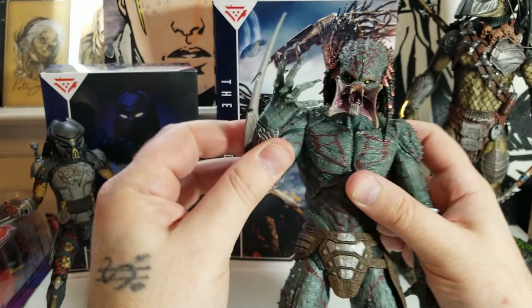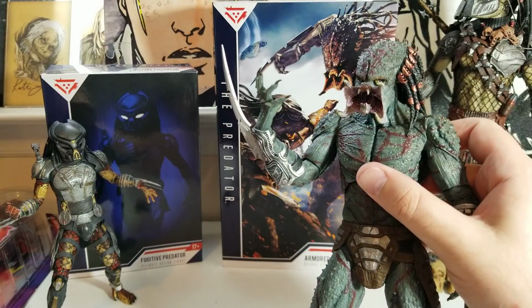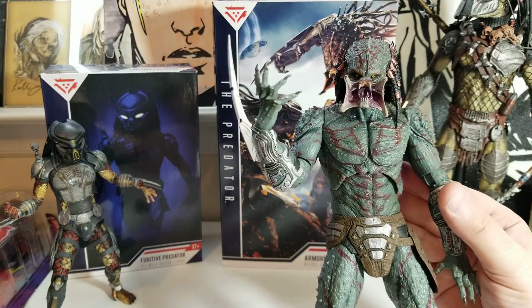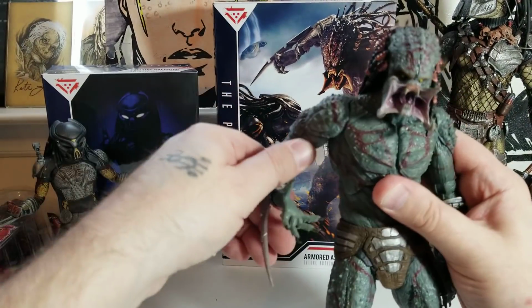All right, so there's his huge blade that he shoots out and literally tears a military guy in half, and buckets of Kool-Aid blood fly all over the place. You guys remember that scene? Yeah, so